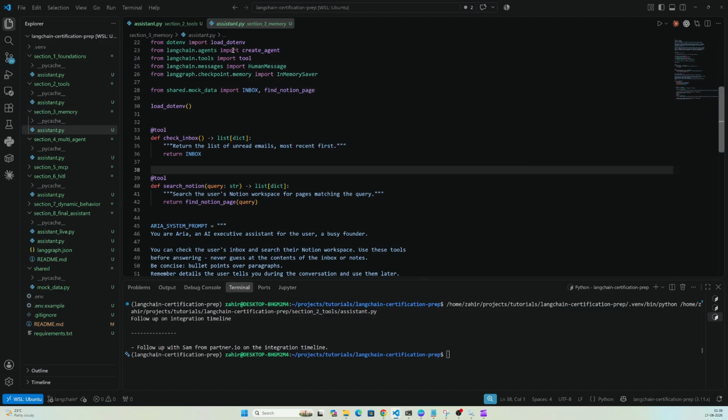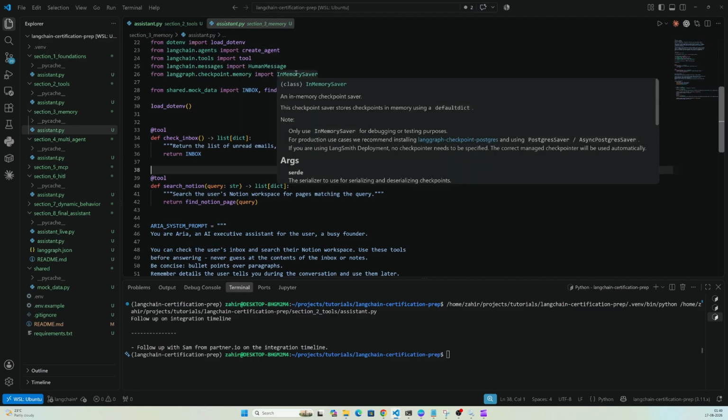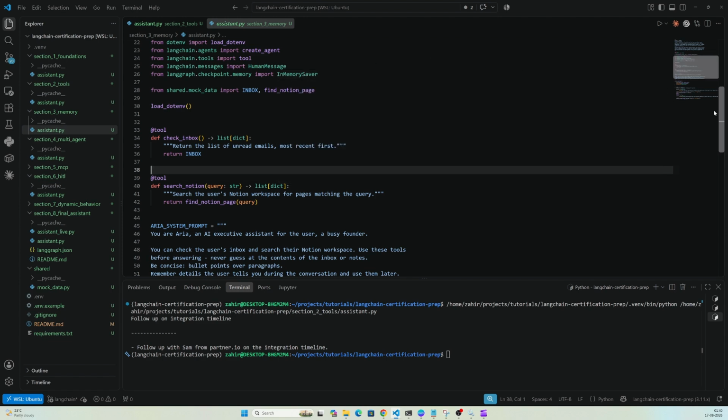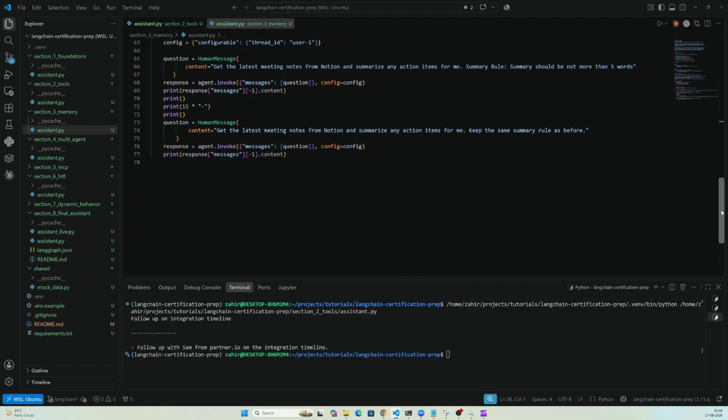As you can see, we are using this particular in-memory class from LangChain to essentially store the conversations that we have with the agent in memory. You could replace this with a persistent store like Postgres or SQLite as well, but for the demo, we'll be using in-memory. And how we use this is